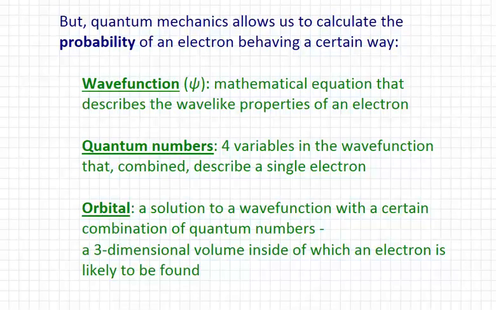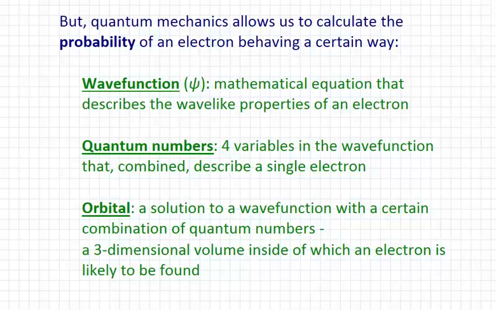There are variables, places where you can enter digits. Okay? And those quantum numbers are 4 variables that combined are used to describe a particular electron. So any given electron will have these 4 quantum numbers, which are essentially like coordinates that describe about everything that we need to know about each of those electrons. And we're going to talk about what those quantum numbers do here in a second. So the wave function is the equation. The quantum numbers are the variables that get plugged into that equation.